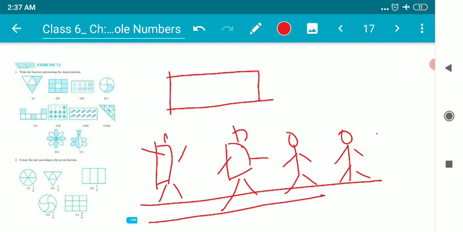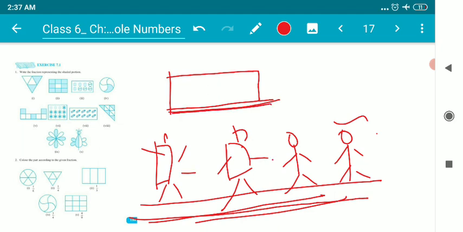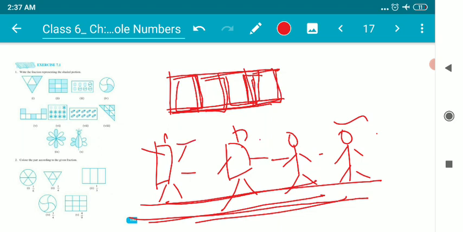Suppose a child named Aman is holding one biscuit, and he has three friends, so including him, four. Aman wants to share the biscuit among his three friends and himself as well. So what will he do? He will just make four equal pieces of the biscuit. It's one part, a second part, a third part, and a fourth part. Now all his friends, including him, may get one piece.